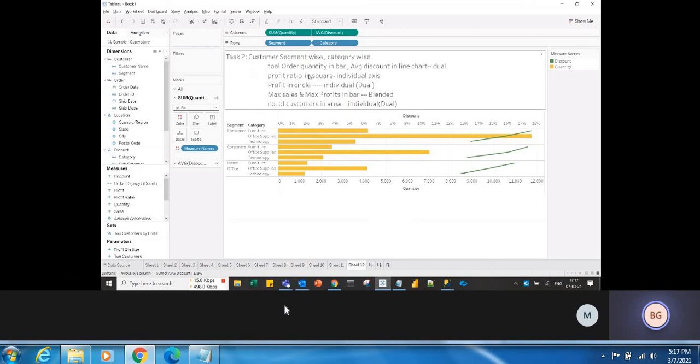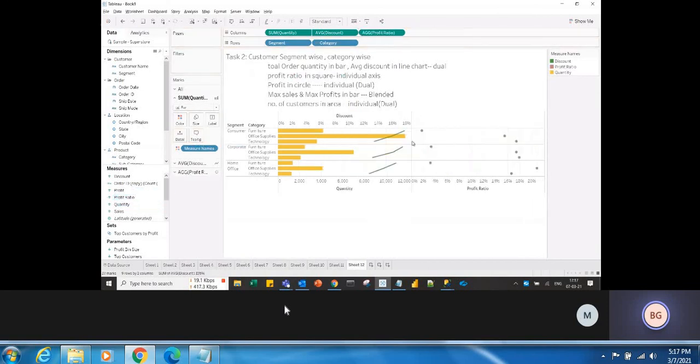Next, profit ratio in square chart, and that has to be in individual axis. How to create the individual axis? So drag the profit ratio next to the measures, right? Now it is individual axis. So this is dual axis, and this profit ratio is individual axis. Okay, so profit ratio should be in square. So go to the profit ratio, change the mark type to square. Okay, next,